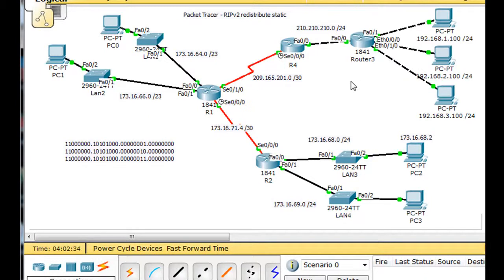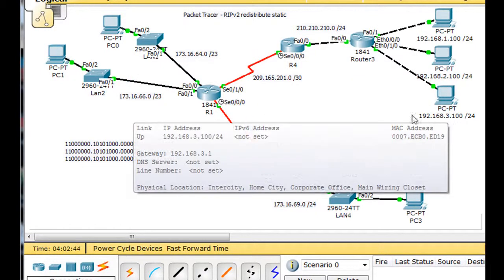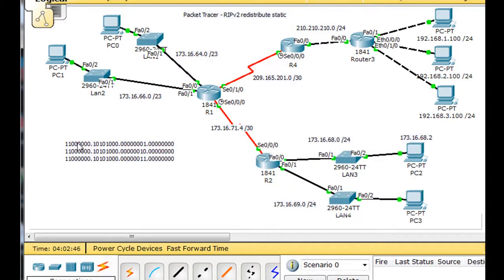And then these two routers can learn about that route or these networks through the redistribute static command. So all we have to do is we have to first of all find what's our summary route going to be for these three networks, the 192.168.1, the 2, and the 3 network. Well, I've written 192.168.1 over here in binary, and then this is 192.168.2 in binary, and then the 3 in binary. And you can see that if we look at the last common bit, the last common bit's right here, it's the 22nd bit from left to right. So the summary route will be